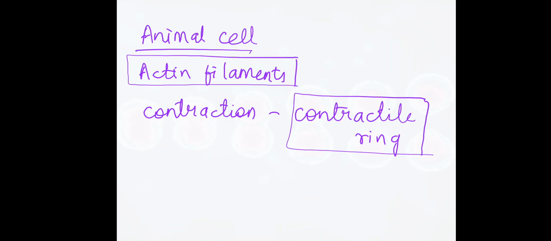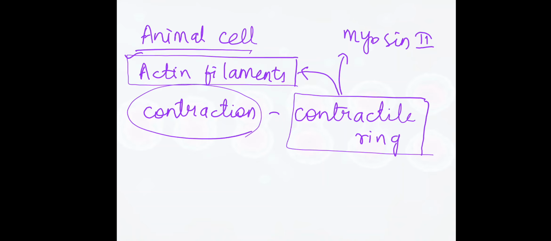So remember this contractile ring. This contractile ring is made up of actin filament as well as myosin 2. Where did we start from? Cytokinesis in animal cells appears to be guided by an organized bundle of actin filaments. During cytokinesis, the cleavage is accompanied by contraction of